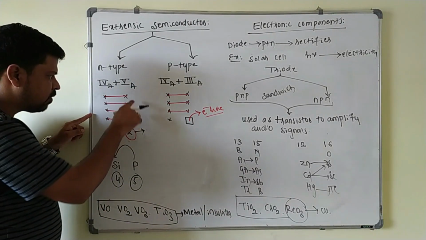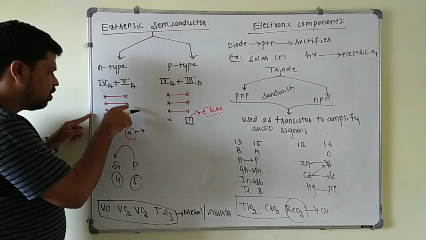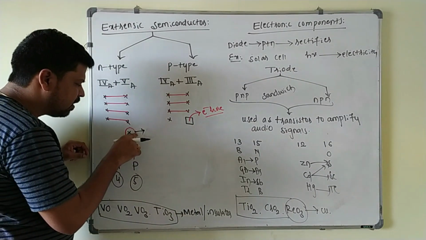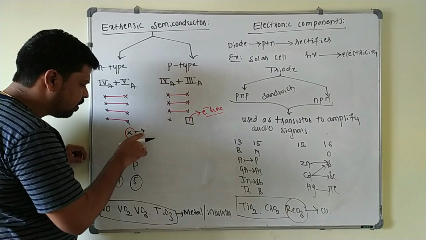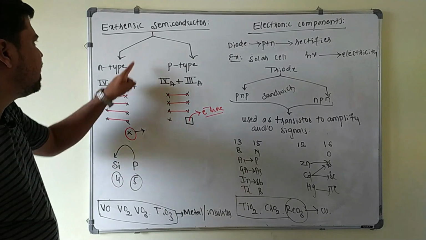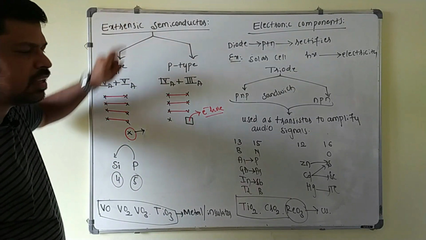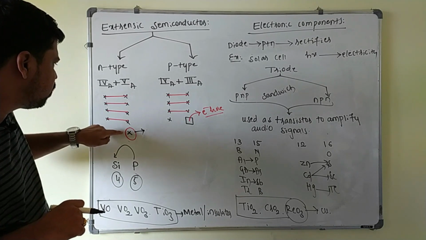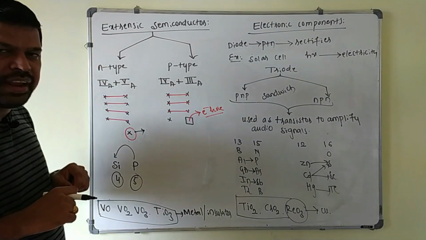Out of 5 electrons, 4 electrons are utilized to form bonds with the silicon, and the 5th electron is free. This electron is free means it is free to move and it is delocalized. This electron is responsible for the increase in the electrical conductivity of these extrinsic semiconductors. Since the increase in the electrical conductivity is due to the negative charges, it is called N type of